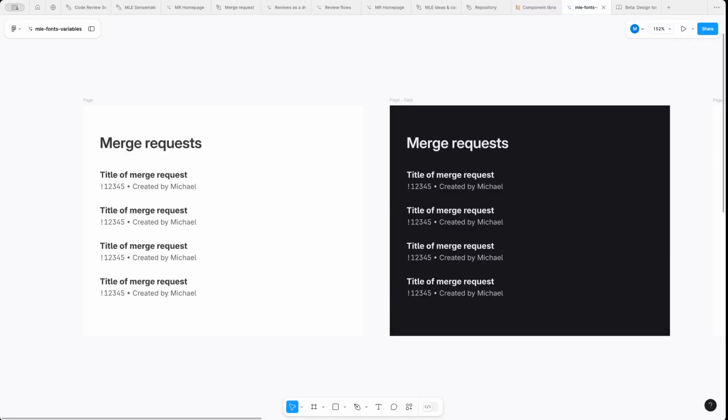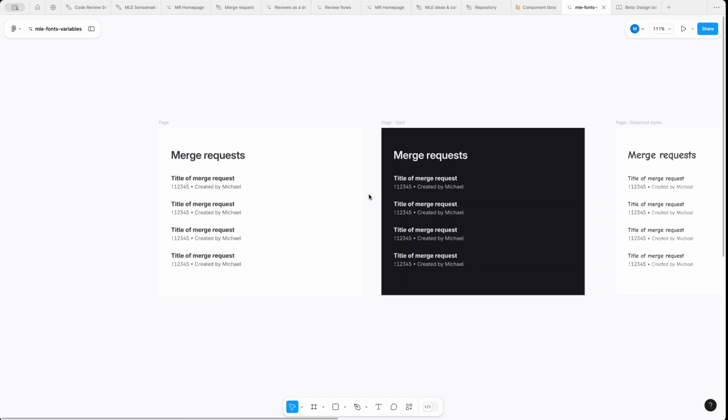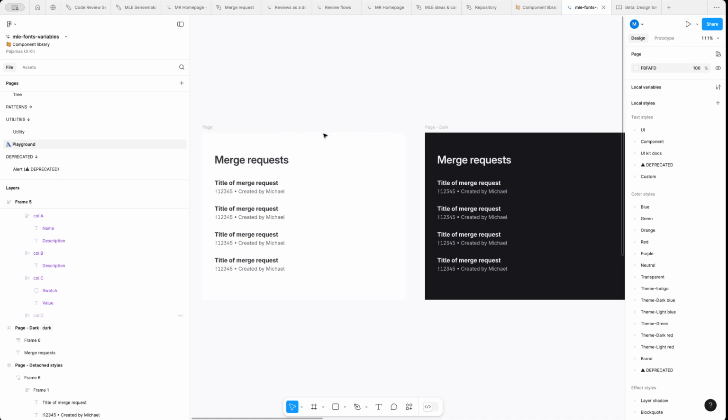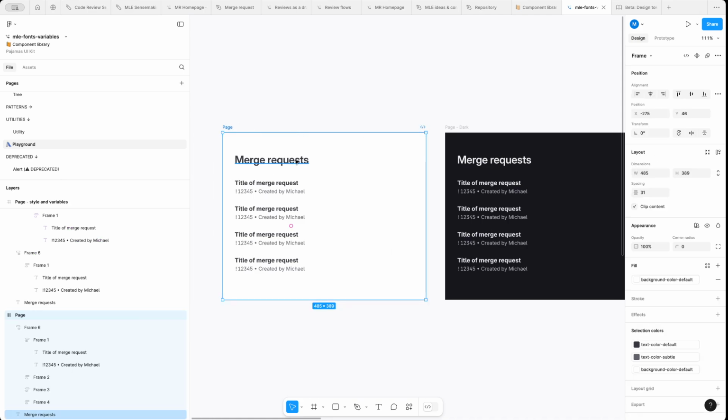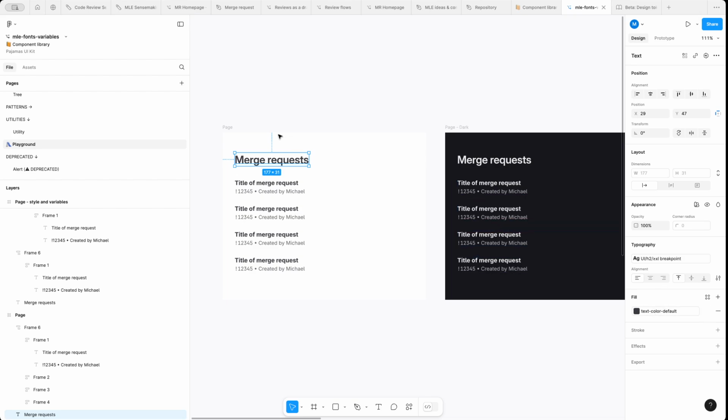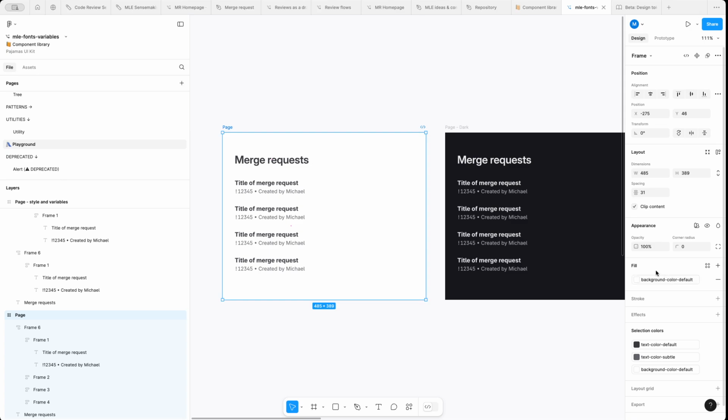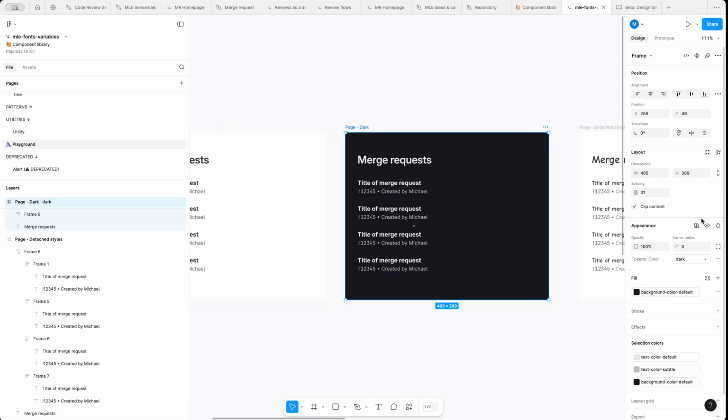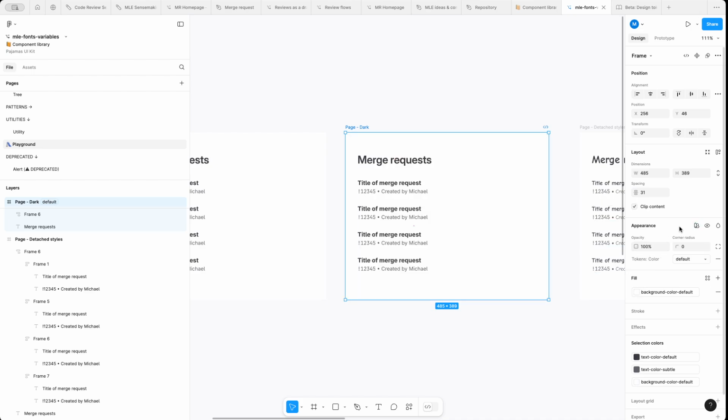All right, so here's a quick concept of using Figma variables to introduce an idea around wireframing. If you don't know, there are design tokens that we have in Figma, and they're driven by variables. What that allows you to do is, if you have an existing design and you're using design tokens like text color default or background color default, when you put it onto another page, you can select the different themes and toggle between dark mode or the